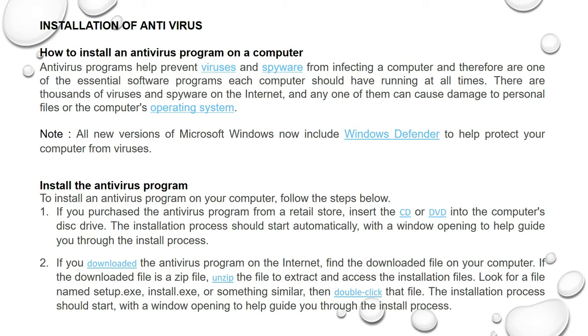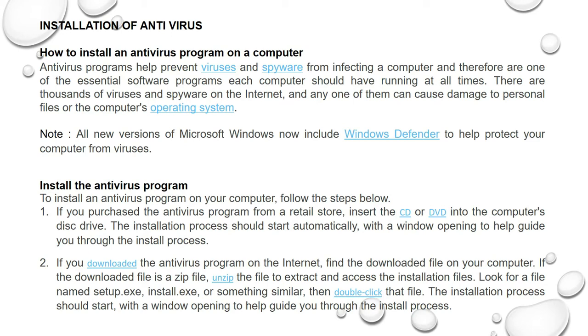Whenever you purchase the antivirus software, you get one DVD or CD along with the product key. Now the installation process will start automatically with a window opening to help guide you through the install process.